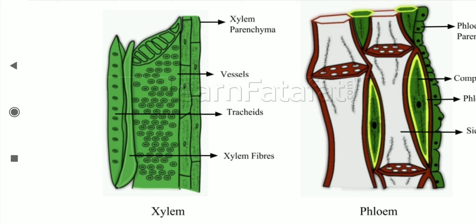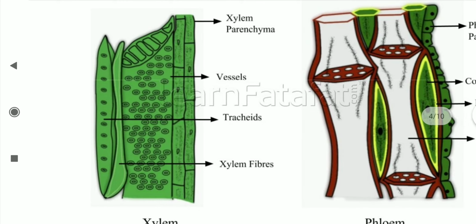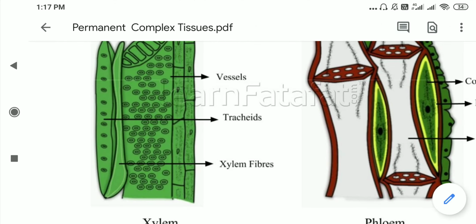Okay. So I told you all about xylem parenchyma. It stores food and helps in conduction of solutes. Second, vessel. The cells of vessels are placed one upon the other, and their end walls are either absent or possess perforation. This helps in conduction of water and mineral. Third is trachea. Trachea is elongated, tube-like dead cells. The walls are hard and lignified. Fourth is xylem fiber. This gives mechanical strength to the plant.